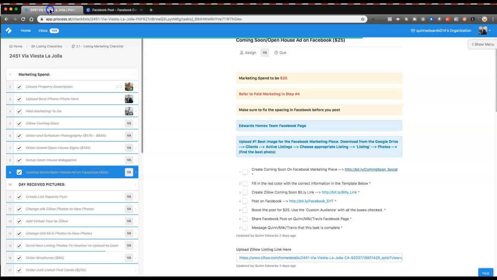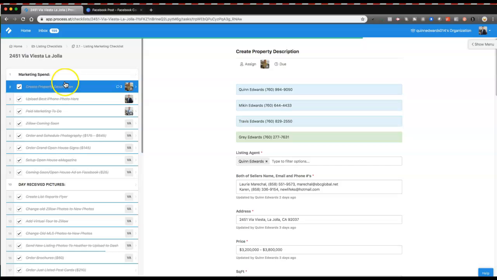So how do we find that? We hop into Process Street, and all the information that you'll really need to know should be in step number 2, which is the create your property description. So if you go ahead and click on that,